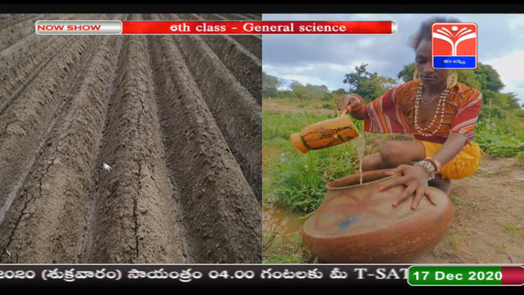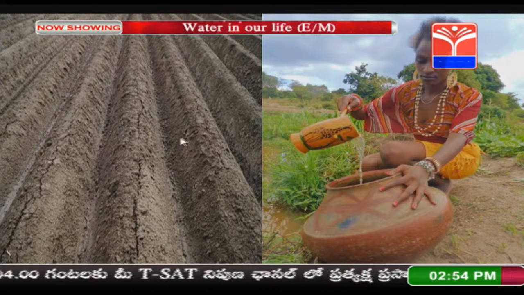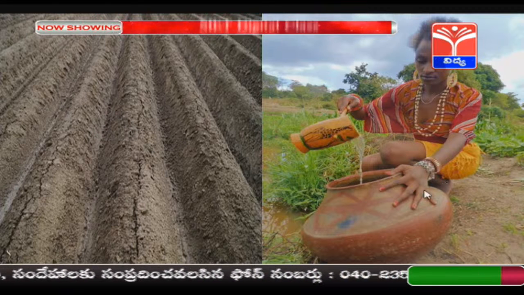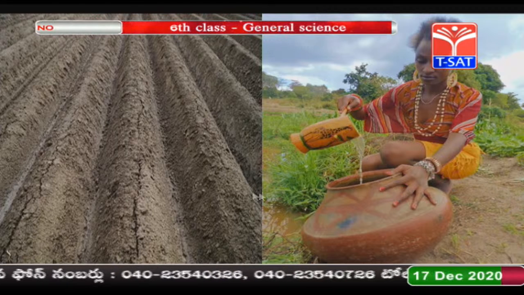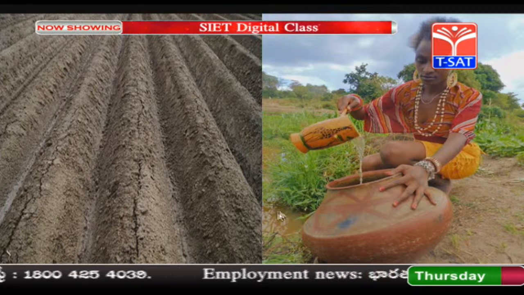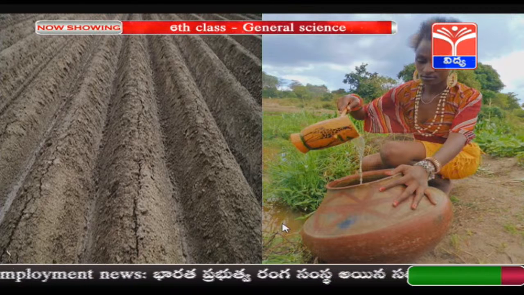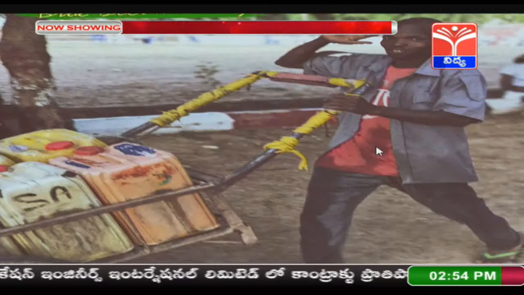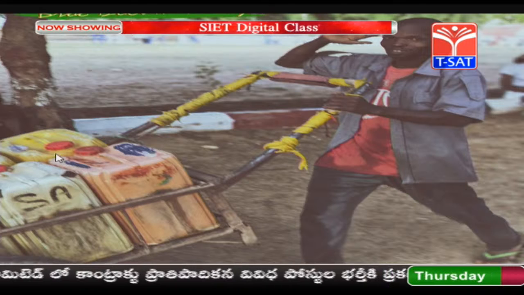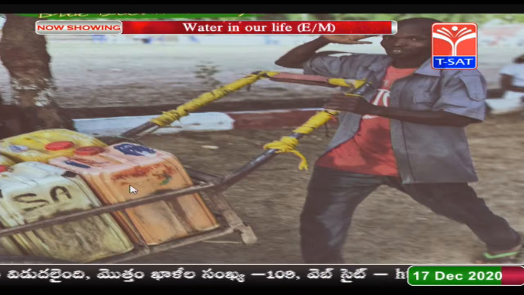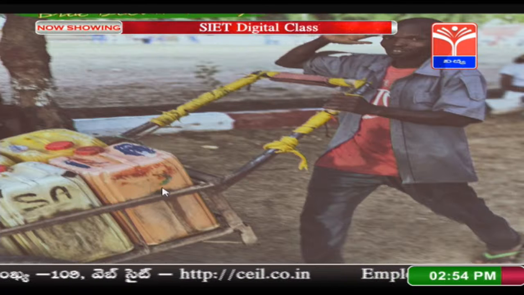Look here, though the fields are ready, due to lack of rain, the crops are unable to grow. And look at this lady, what is she doing? She is fetching water from the ground because the rain is not coming for many years and the water bodies are getting dried. So, she is not getting water. And look at this man, children, what is he doing? He is collecting water from the water bodies in the cans and he is taking water to his house for his daily activities. Children, do we face such kind of problems nowadays?